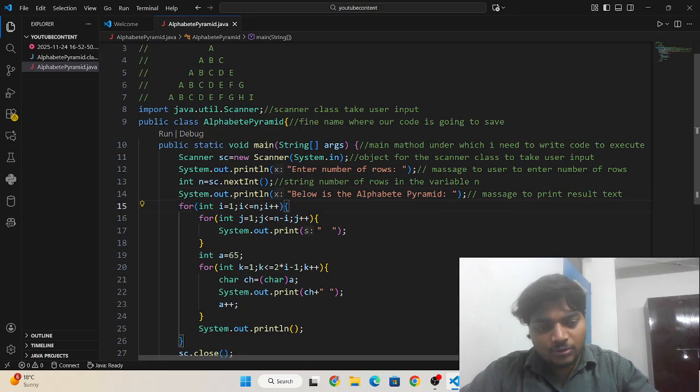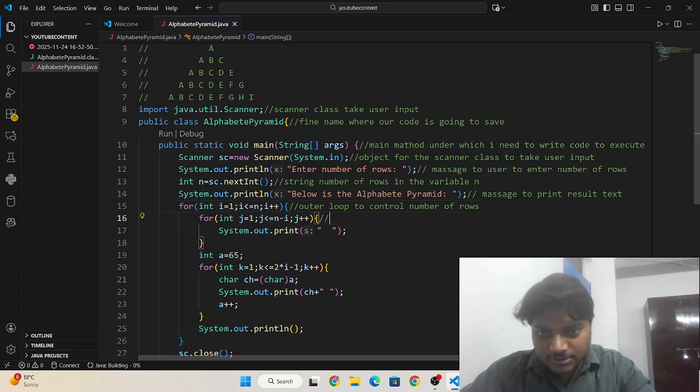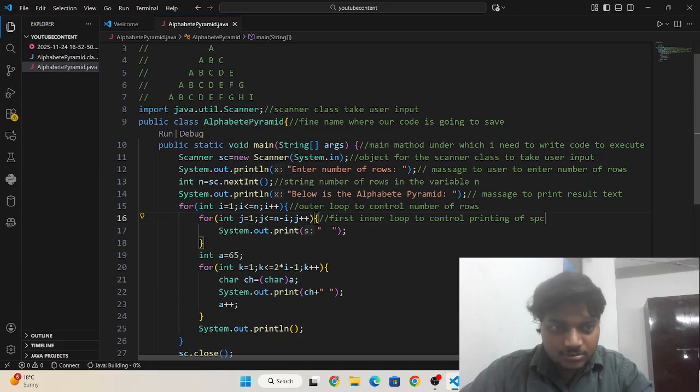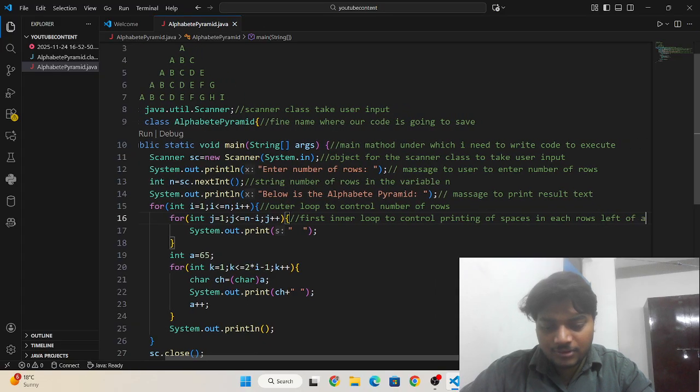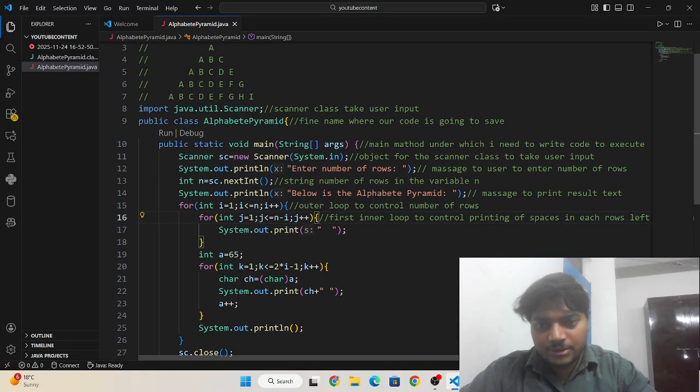Okay, and this is the for loop, this is the outer loop to control number of rows, and this is the first inner loop to control printing of spaces, spaces left in each row, left of the alphabet. Okay, and